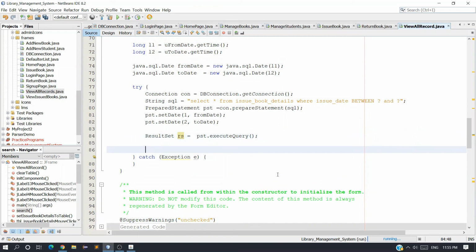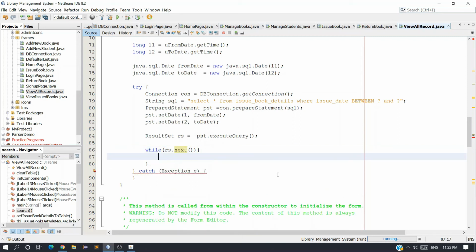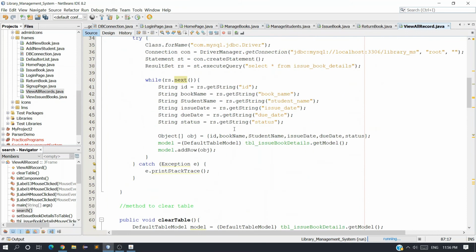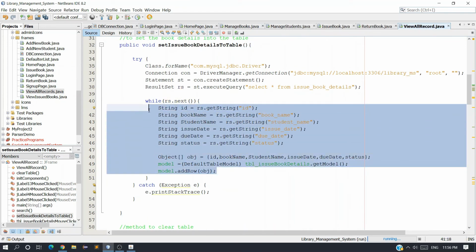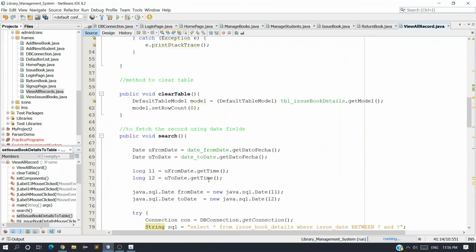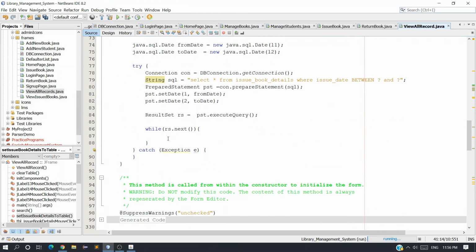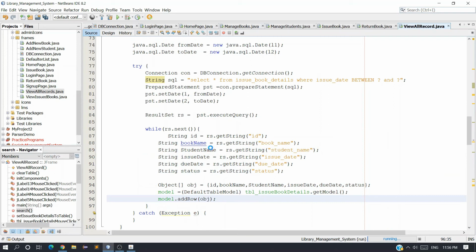Iterate through a loop while rs.next, and we are going to fetch the values. We just copy this entire thing and paste it inside the while rs.next loop. Okay, done.